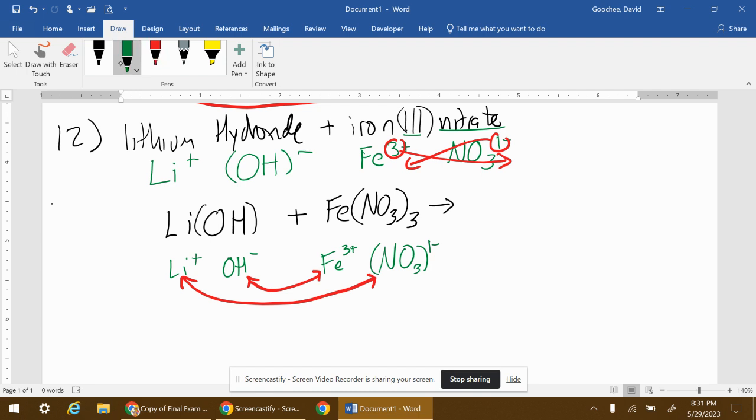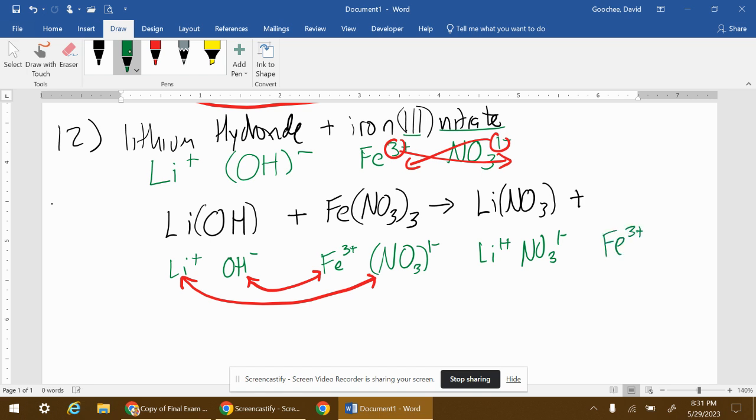So start with the easy one. Lithium, which is 1 plus, and nitrate, which is 1 minus. You don't even have to crisscross it. +1 and -1, they cancel out. So you just get LiNO3. And I like to put the NO3 in parentheses. Again, not necessary, maybe not even formally how it's done usually. I like to do it to keep track of my polyatomics. And the other thing we produce is